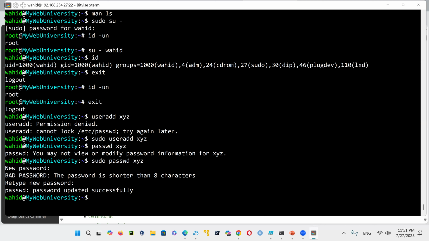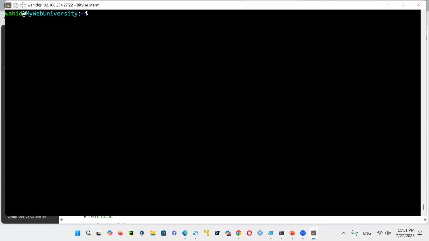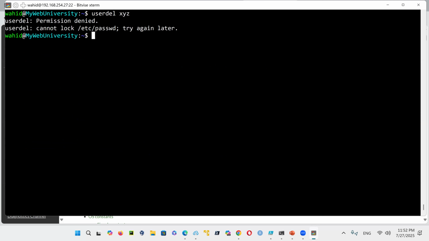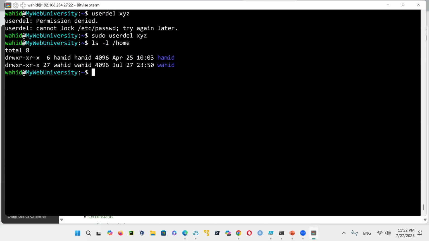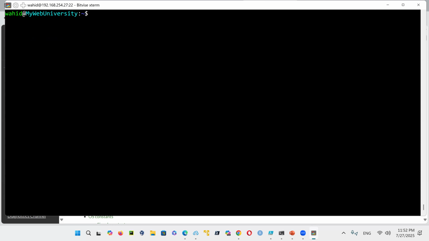So that is going to just be there, but I'm going to say userdel XYZ, because I don't want to keep that user. Since it is not sudo, I could say sudo there, and now XYZ is gone. But under /home, if the account was created for XYZ, I have to delete it. Okay, so